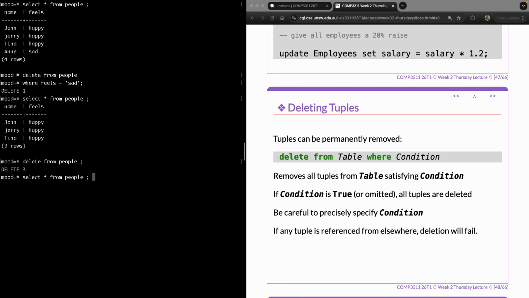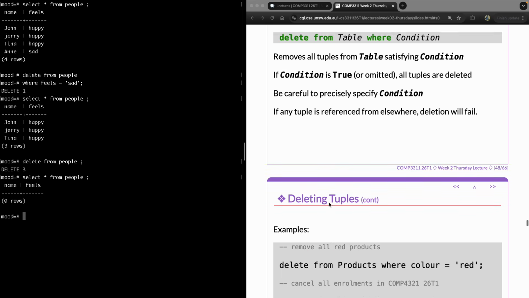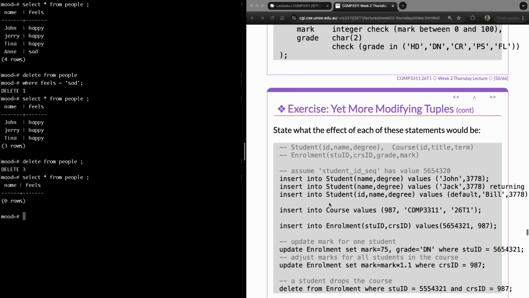So you can see that the people's table is now gone. Okay,